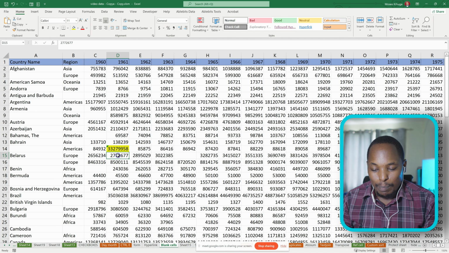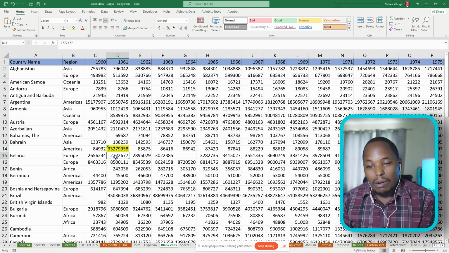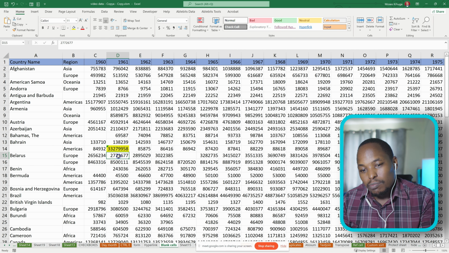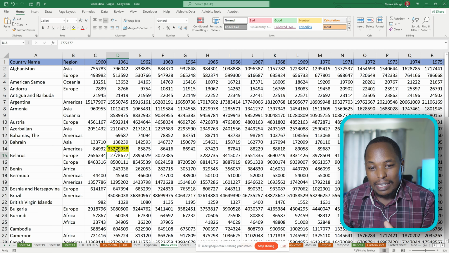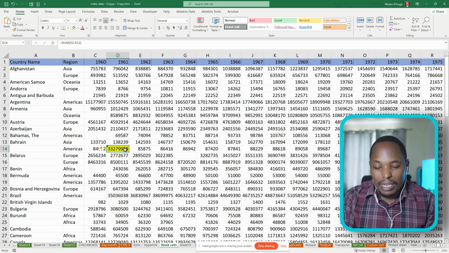Now when I press Enter, you see the selected cell, or the active cell, will go one cell down after you hit Enter. In case you want to have that just remain within that same cell, for example, we are done. Instead of hitting Enter, you can just